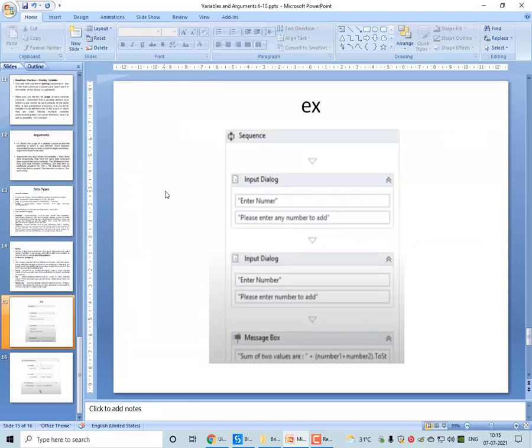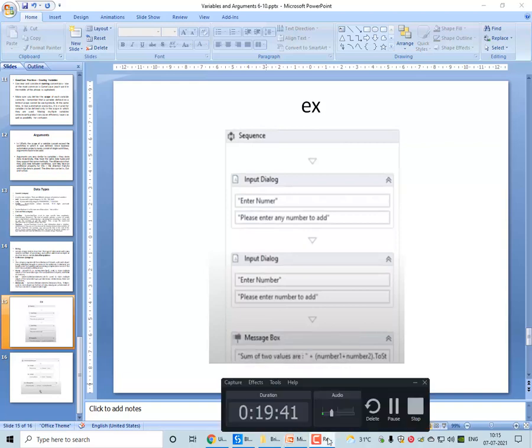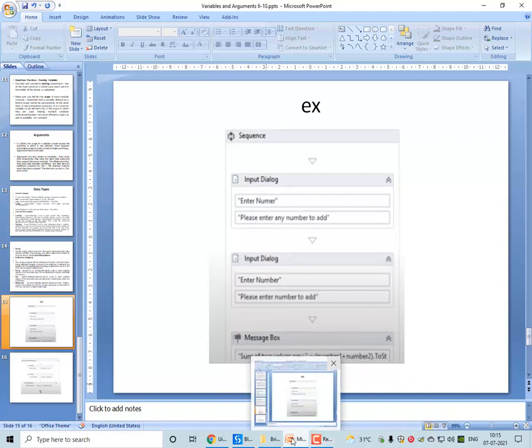So let us see an example of a variable by creating one arithmetic operation in UiPath.